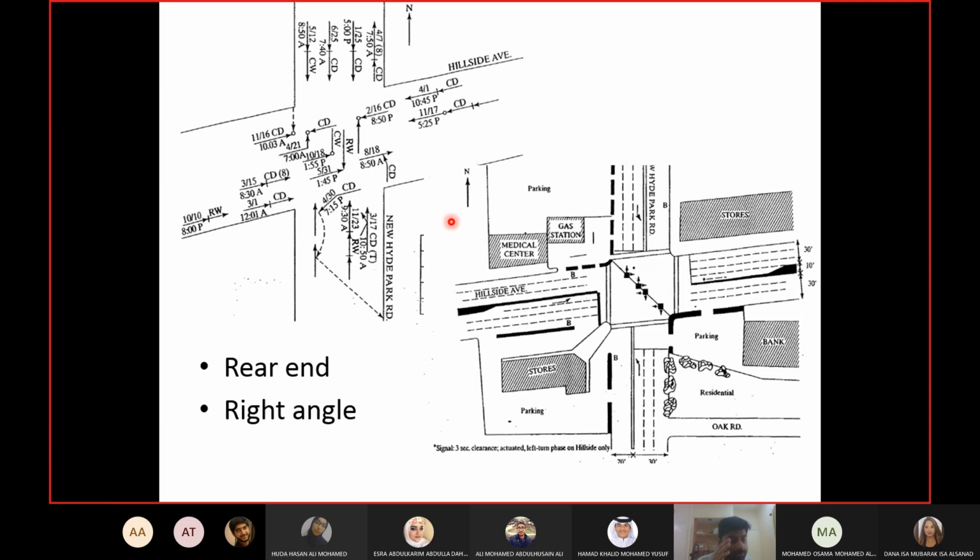So maybe the all red interval is not enough for the driver to clear the intersection, and the other signal is becoming green before this driver leaves. So we are assuming that the driver entered the intersection when the signal was yellow, and then he hit the green. Then the signal became red. Okay, and before he could clear the intersection, the all red also ended. So maybe the all red is not enough.